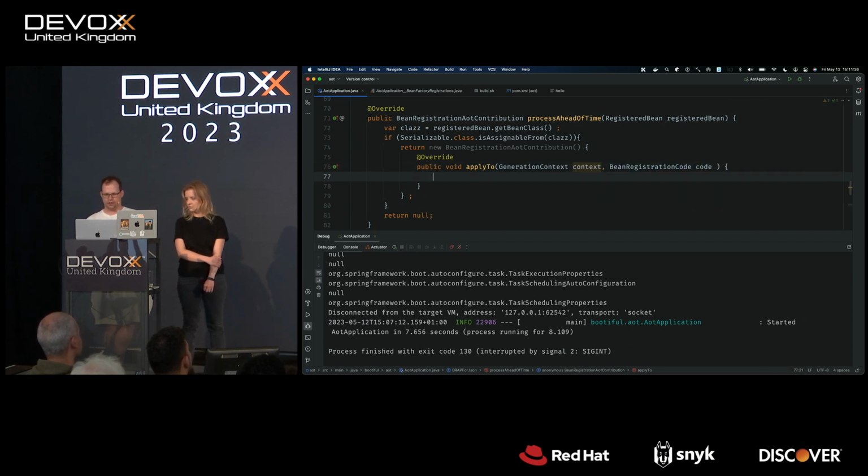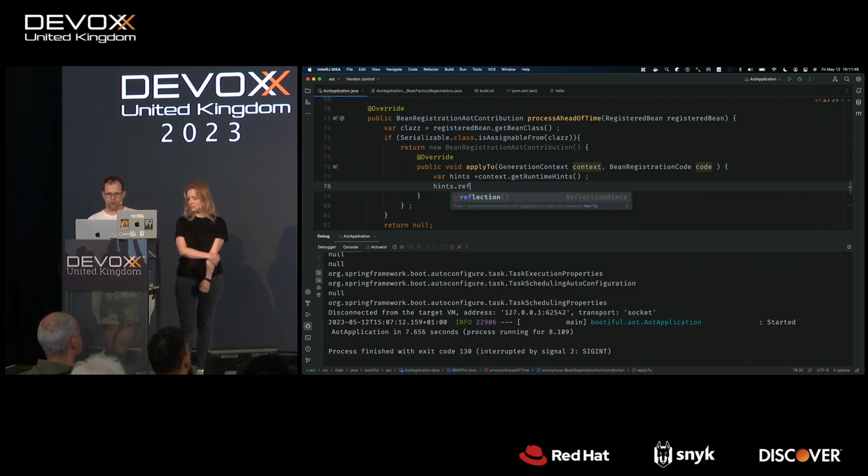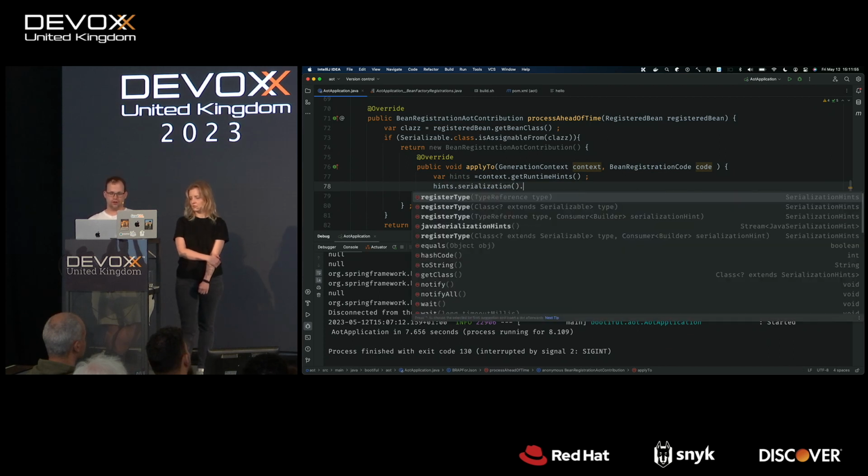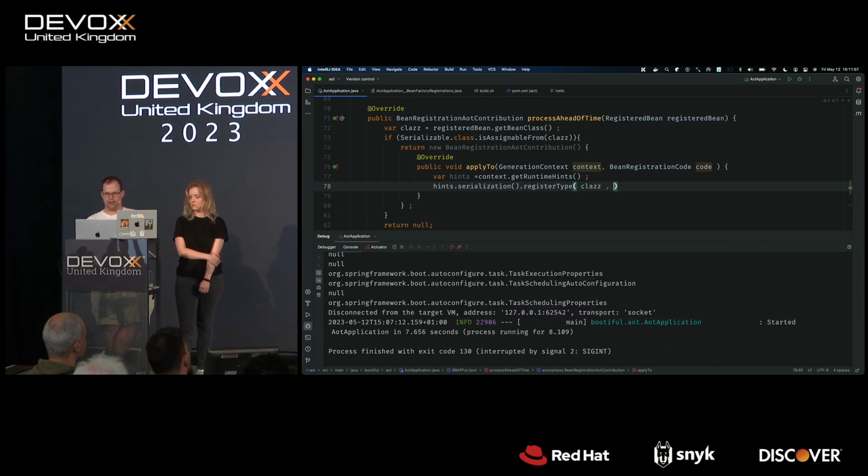And I can do that using this callback interface here. So context.getRuntimeHints. That's the same hints that we saw earlier. And I can say hints.resources or reflection or whatever, but I can do so informed by the current bean. So I can say, okay, well, that type is a serializable type. So I'm going to say hints.serialization, registerType, class, and whatever.